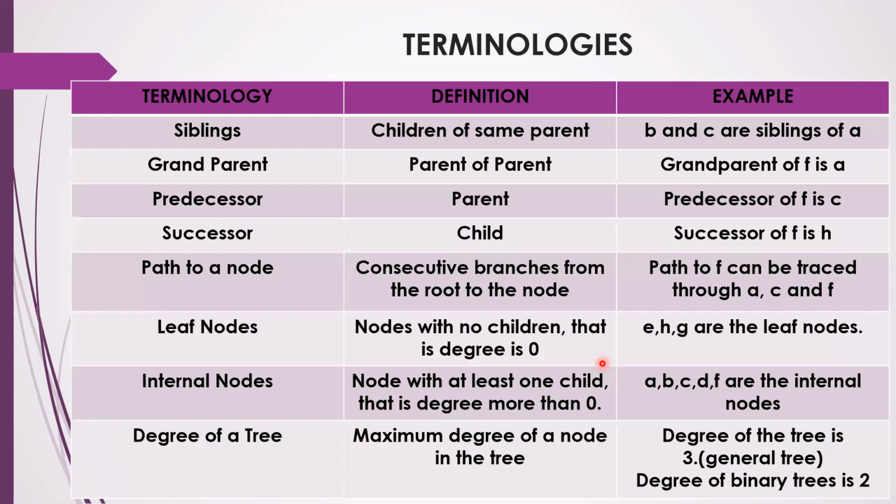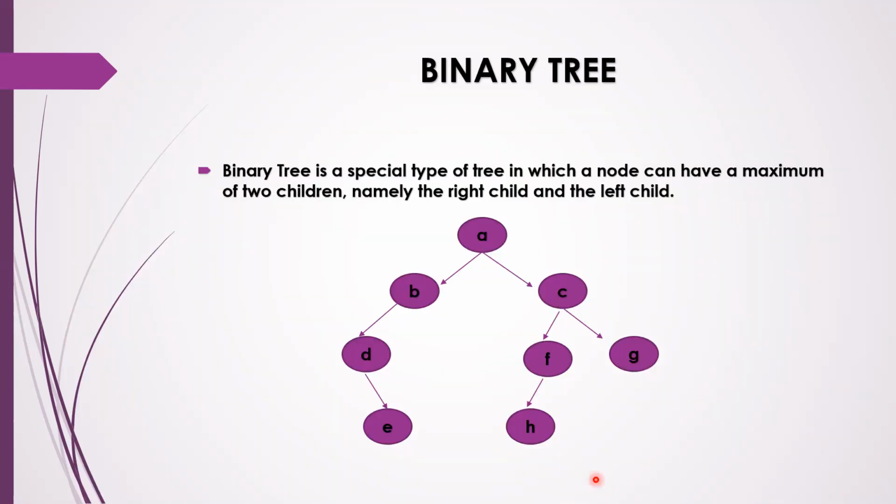In other words, we have one more thing called degree of a tree. What is the degree of a tree? It denotes the number of children a node has. Based on that, we can tell the degree of a tree. So, for example, degree of A is 2 because B and C are the children. So here I can write degree of A is equal to 2, right?